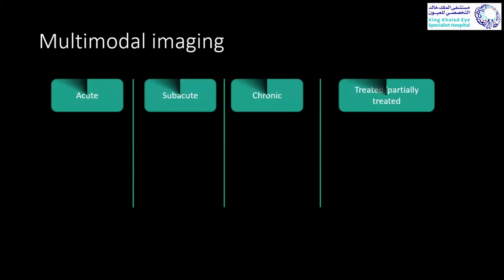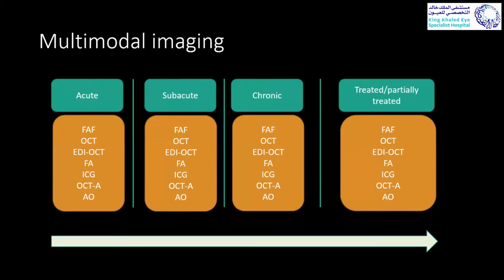With the invention of multimodal imaging, when you look at the literature to examine each disease specifically, the problem is that each disease passes through different stages. If you find one case report that describes the disease at a specific point in the timeline, you cannot comment on the whole process. That's why it's very difficult to find one article that summarizes everything at different stages and with different imaging modalities to describe the activity of the disease.